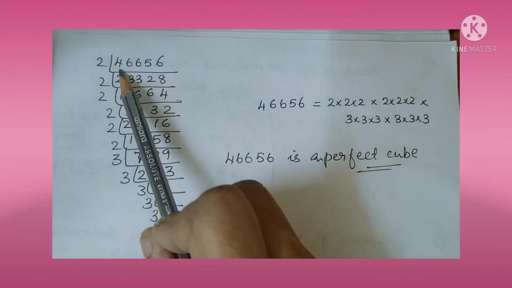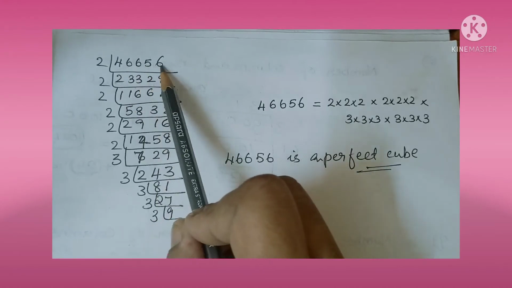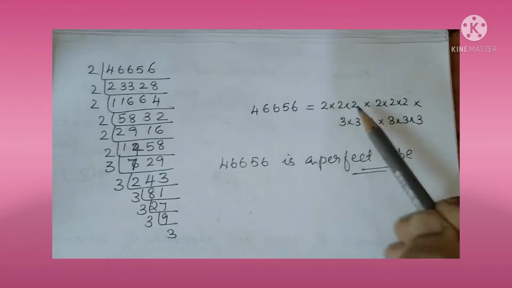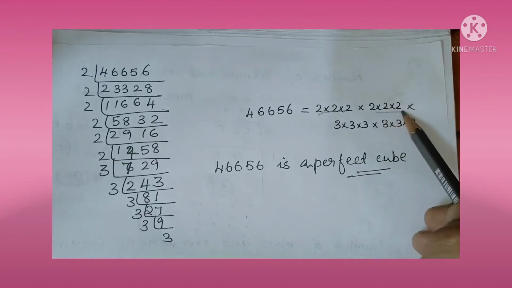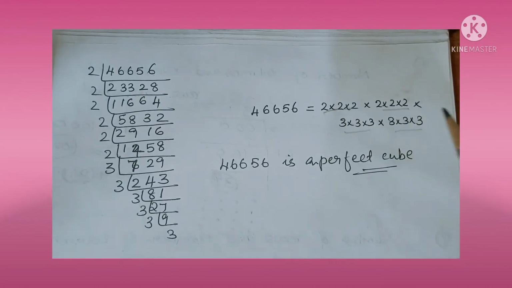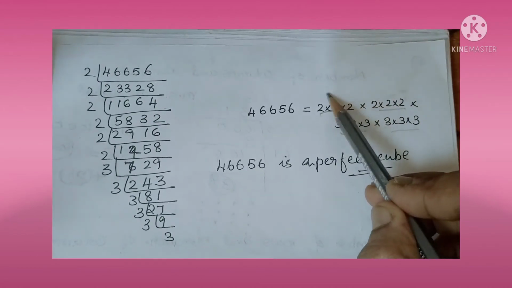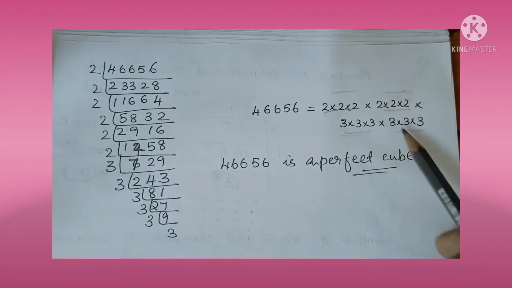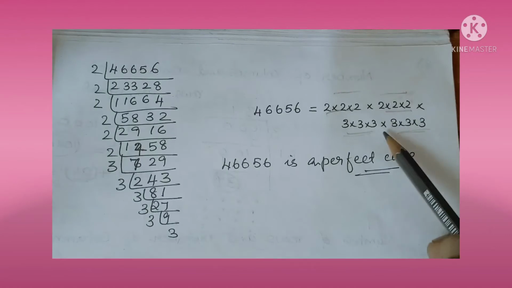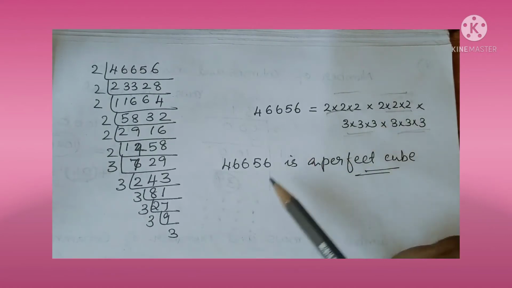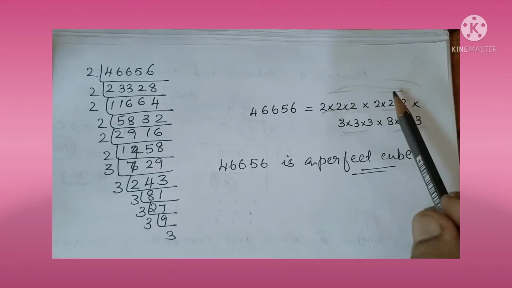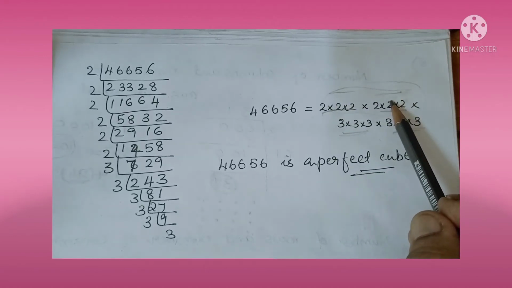Then next number, 46,656. After factorizing, we will get 2. How many 2's are there? 6 2's and 6 3's are there. That means we can take 2 sets of 2 and 2 sets of 3's, in each set containing 3 2's and 3 3's. So in the first set of 2, 6 2's are there,